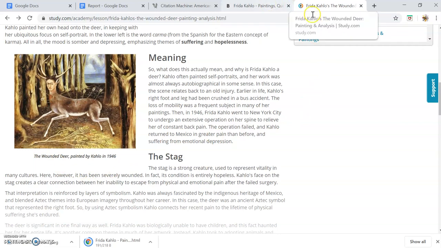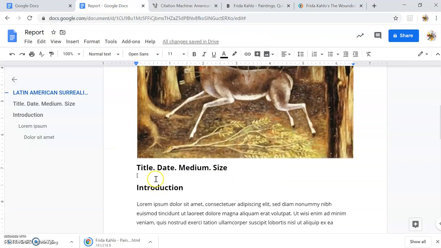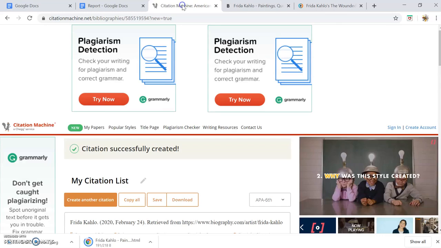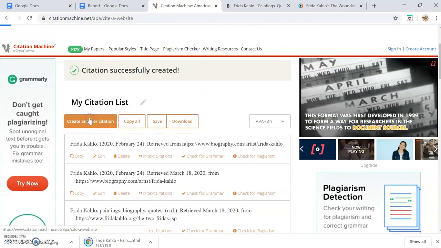You can copy paste the link and then go to Citation Machine. What I don't want to see is the following. No, miss, this is not how we cite. Okay, so don't copy paste the URL for me into that section there. You can go to Citation Machine and create your very own